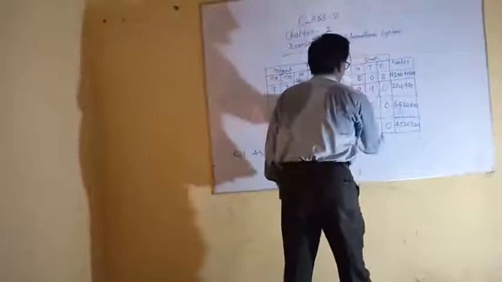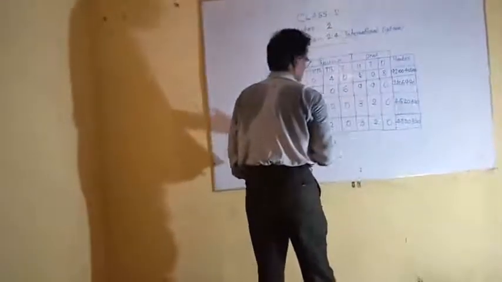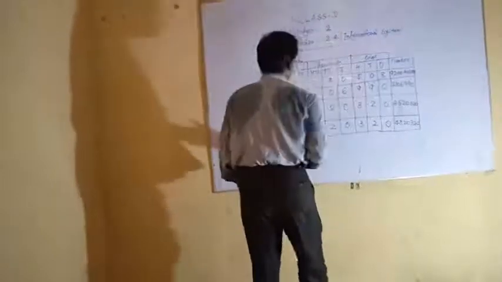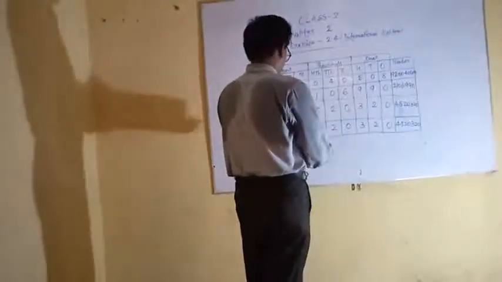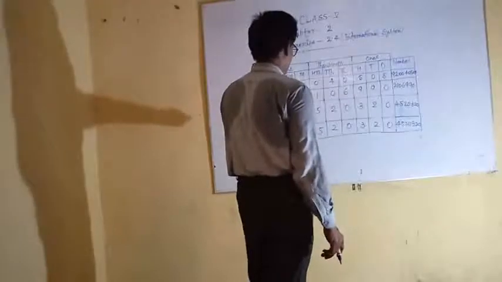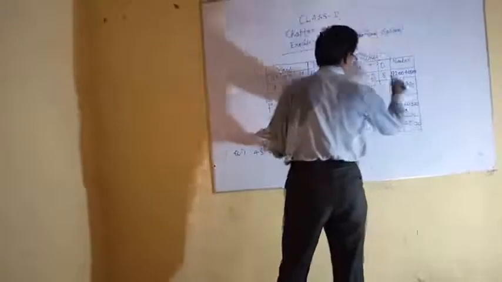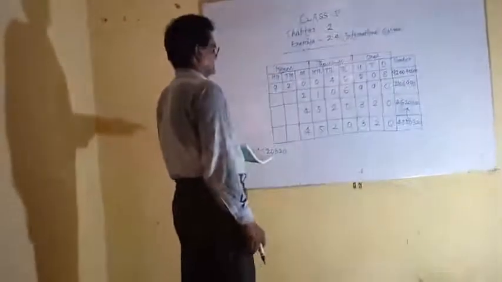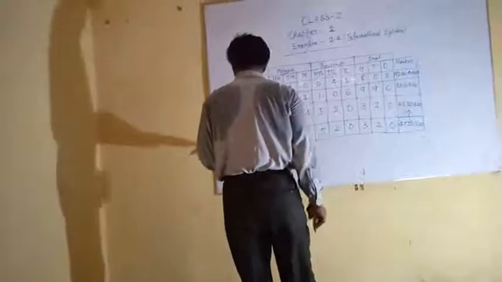You can write it as in 0 place as 0, in 10 place it is your 2, in 100 place it is your 3, in 1000 place it is your 0, in 10,000 place it is your 2, in 100,000 place it is your 5, and in million place it is your 4. 4520320. It is repeat. It is done in previous number. So you can take a new number.